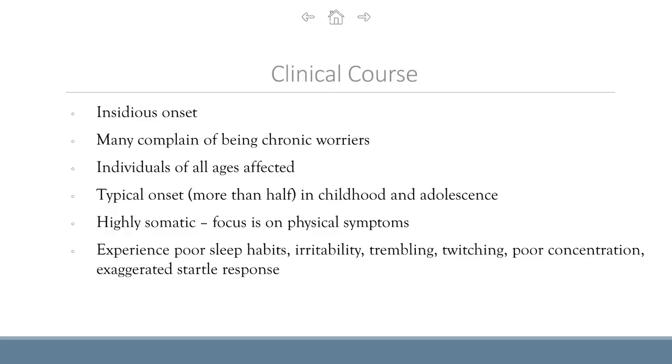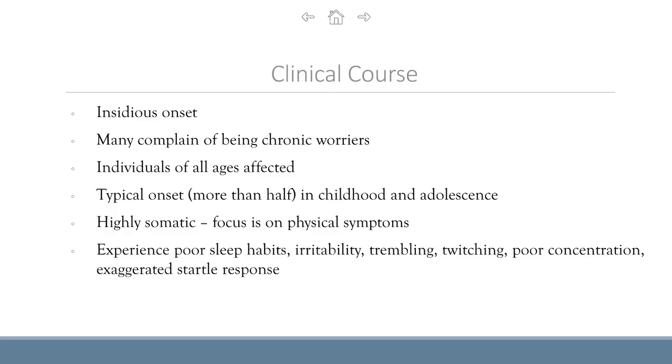More than half is typically onset in childhood and adolescence, so it starts earlier than we see in our other disorders, which start in the 20s. This typically starts in childhood and adolescence. It's highly somatic, so there's a great deal of focus on physical symptoms, like worrying about our physical health, aches and pains, worrying that things are exaggerating